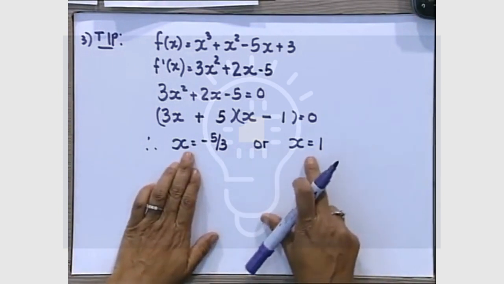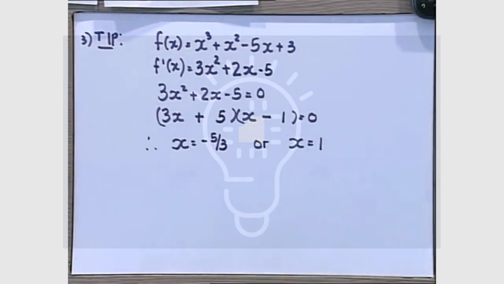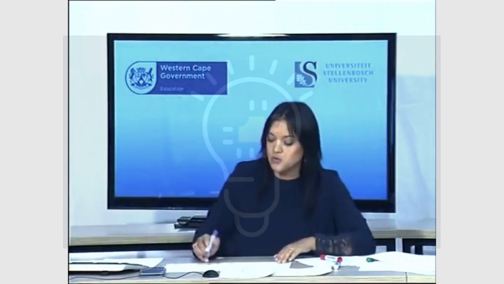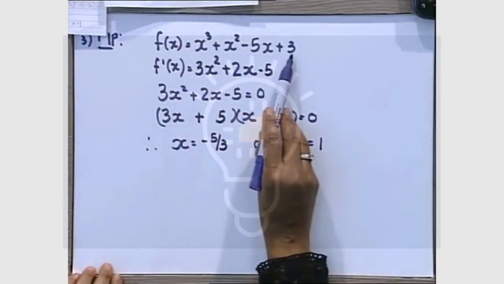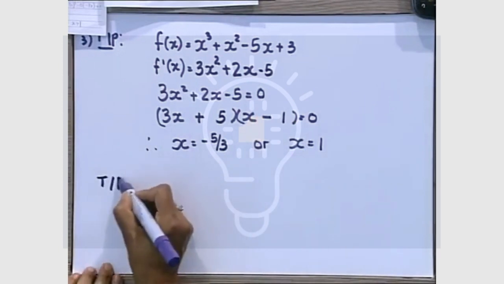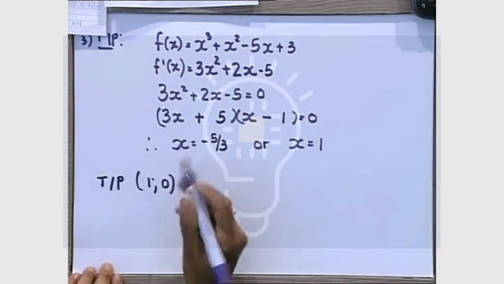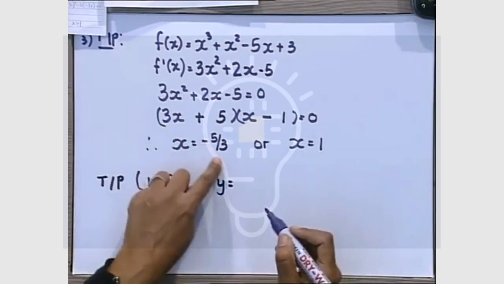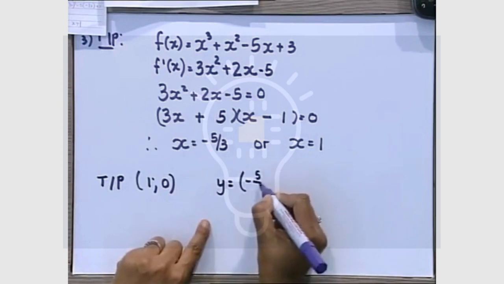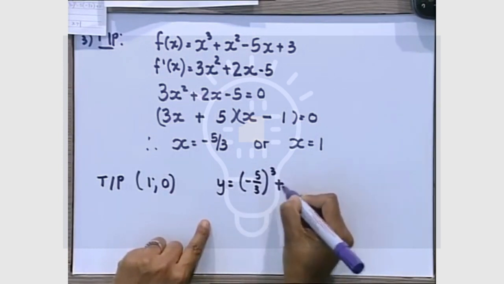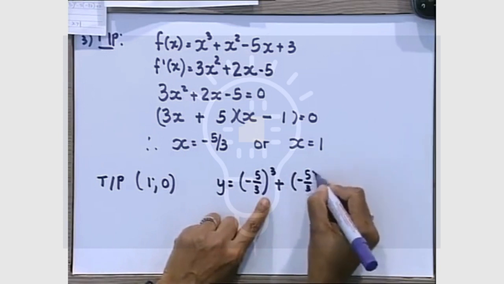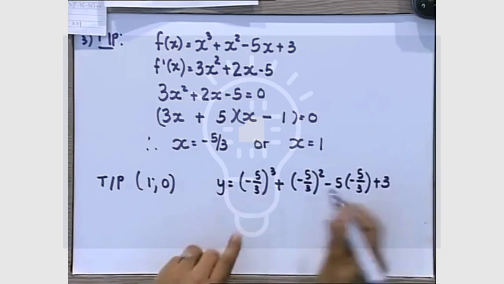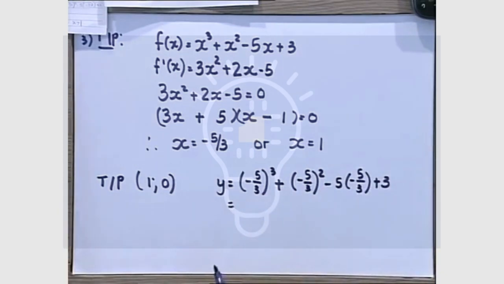How do you find the y-coordinates of your turning points? Somebody already sent it through, and I'm so proud of you. Remember, you are going to take the 1 and substitute it into your original equation, but we know already that we get 0. We don't have to do that again. And then you take the -5/3 and you substitute it into the place of x. I'm just substituting here, -5/3 squared, -5 times -5/3. It's a lot of work, grade 12s, to sketch this graph. And if you do that, you're going to get